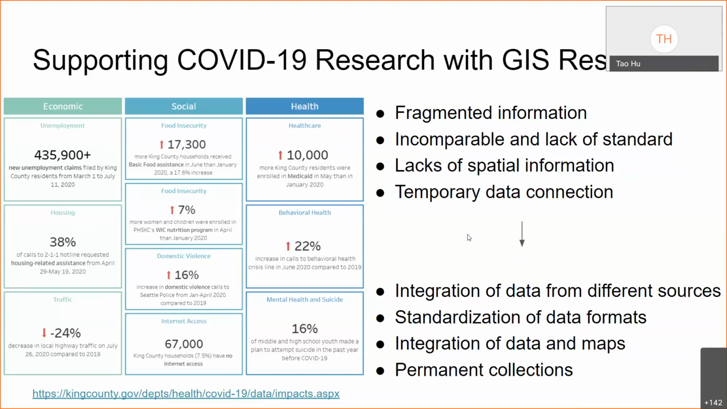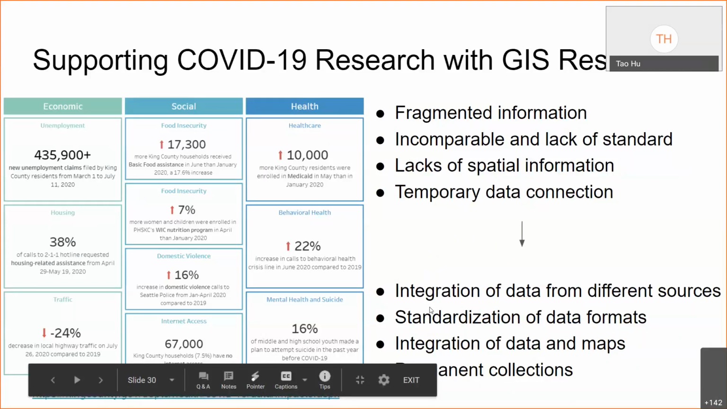So what we want to do is to integrate the data from different data sources, and we also want to standardize and integrate the data and maps to make sure that all the data can be associated with each other, can link with each other. And finally, we want to provide permanent collections for the